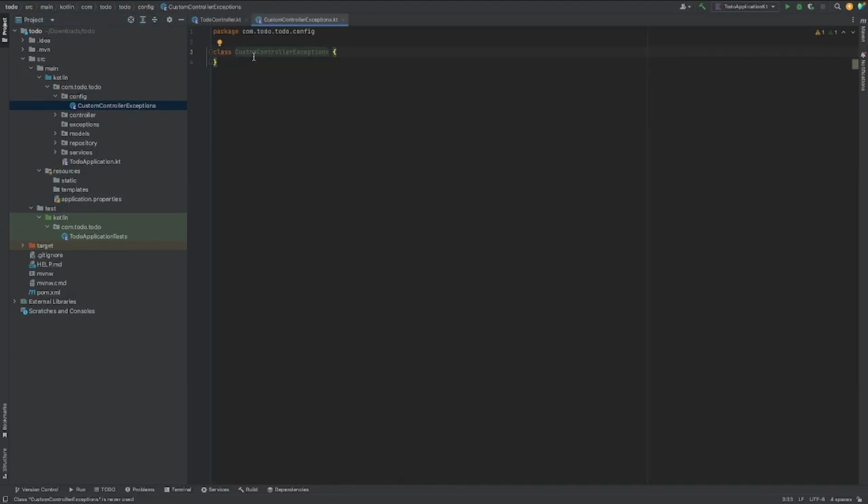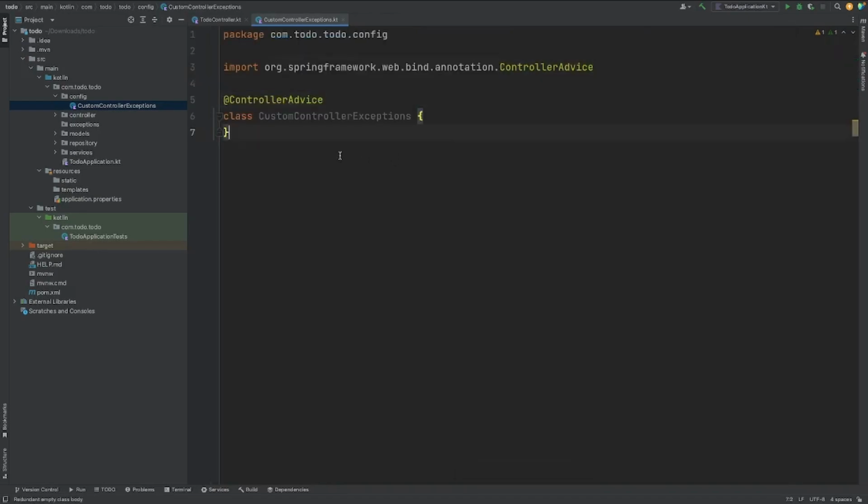And this will be the class where we start creating functions that will handle specific exceptions thrown by our controllers. All right, and so like I said, we're going to leverage an annotation called @ControllerAdvice. Boom. And what @ControllerAdvice allows us, and let me zoom this in, I always forget to do that,